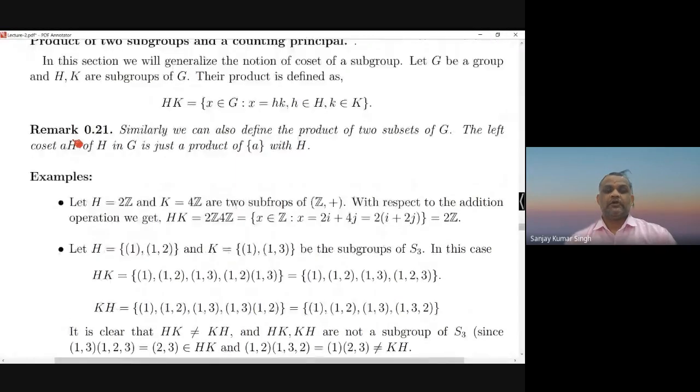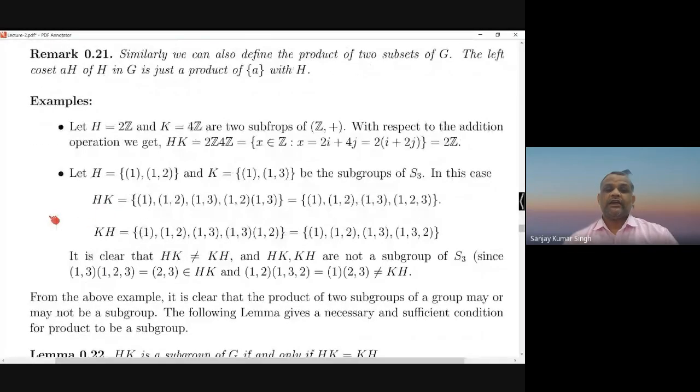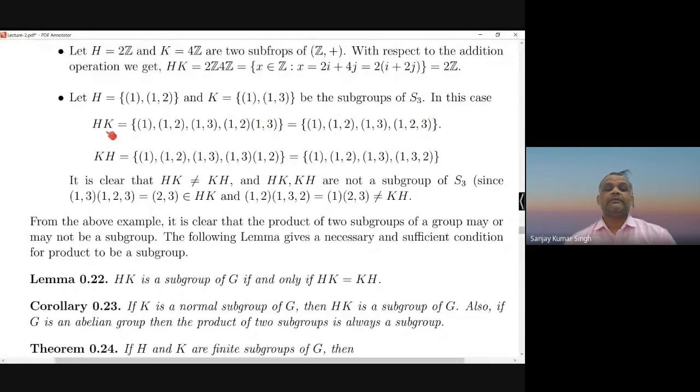Now, whenever we have a subset of a group, the natural question is: is it a group? The answer is again not very good. In the case of abelian groups, the answer is good: it is always a subgroup. But in S3 you have examples of subgroups H and K such that the products HK and KH are like this, and both HK and KH are not subgroups. Why? Because this element is there and it has no inverse, and similarly here you have this element which has no inverse.